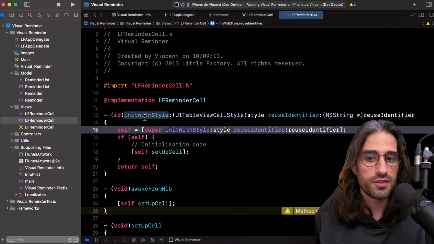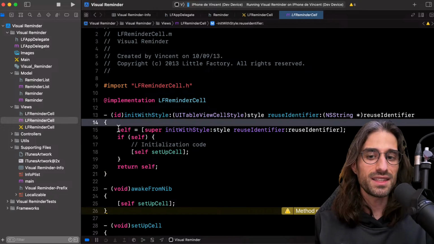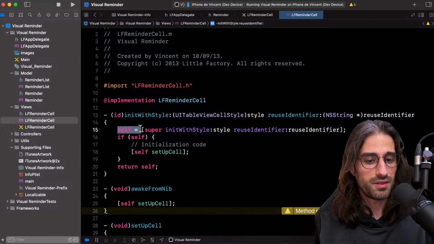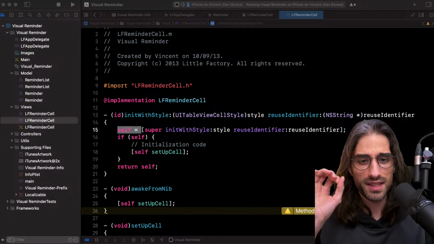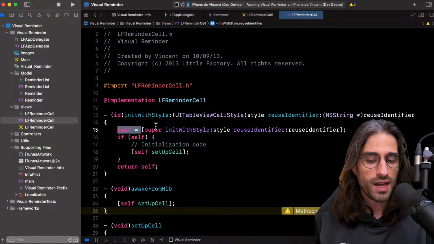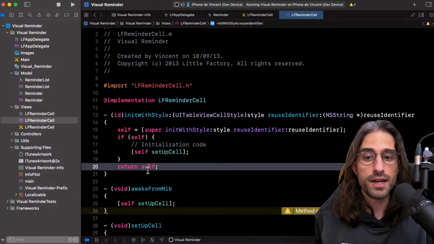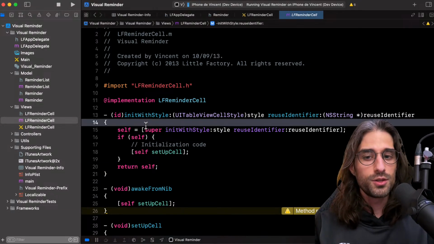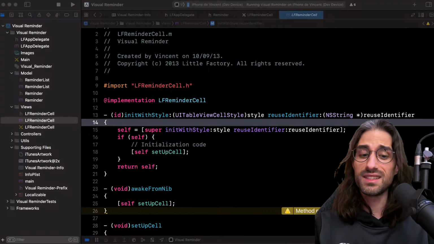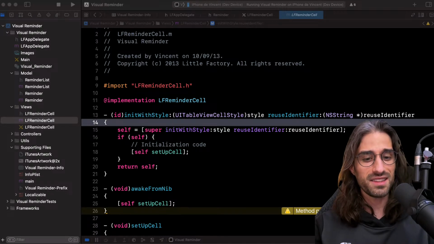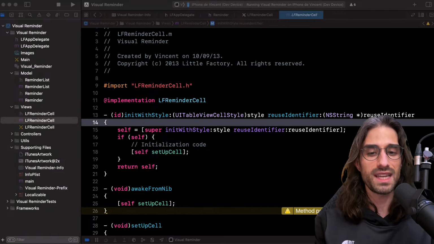So here, lucky us, it is the same signature, so we just pass along the arguments. And then you can see that we set the result to self. This looks super weird when you think about it, and there is a reason for that. It's because most of the time, it's just going to set the fields like we're doing here and return self. But your super initializer is actually allowed to return a completely different class as long as it implements the same interface, as long as it responds to the same selectors.